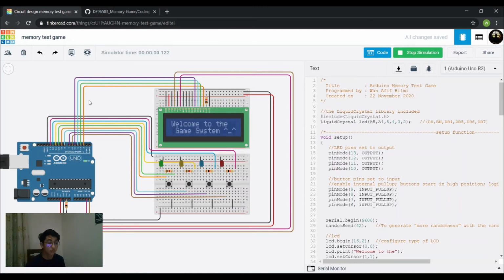Alright, as you can see, welcome to the gaming system, the startup. Then it will give us a 5-second head start, so just be ready. The output is given by the LEDs. So the blue color lights up, so just press the button for the blue one. Right, so our score increases and your high score will increase, and then the next button, which is